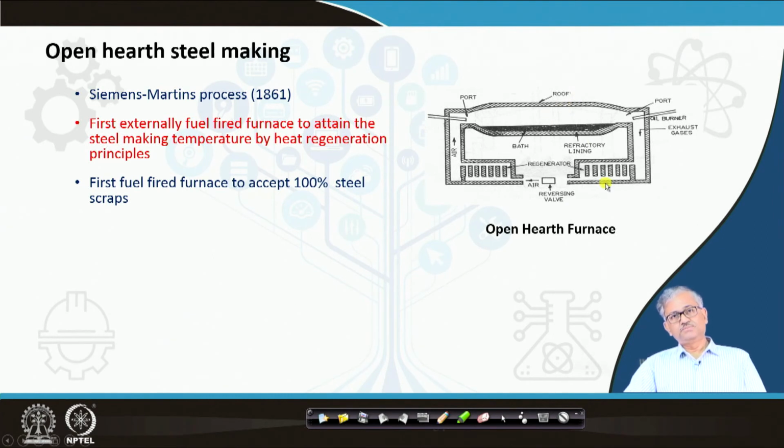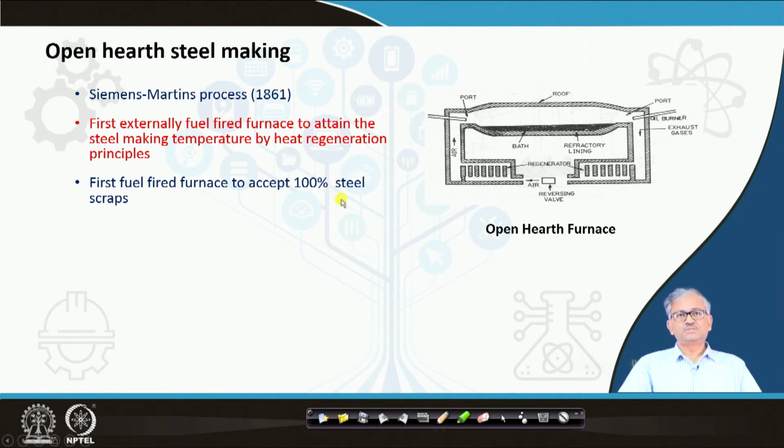So with this preheating, preheated air along with this oil chemical fuel, you can generate a very high temperature in the furnace that is able to melt the scrap. Scrap is also very low carbon iron, so its liquidus is quite high, so you should have a very high temperature. Okay. So the first fuel fired furnace to accept 100% steel scrap, that was very much needed at that time,